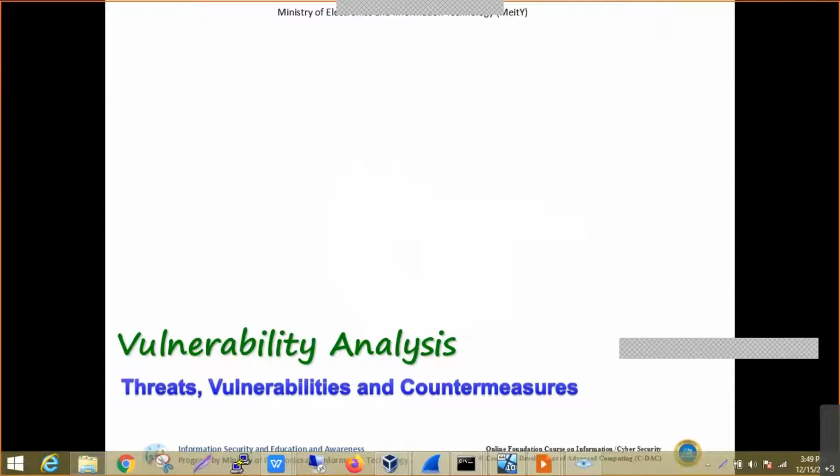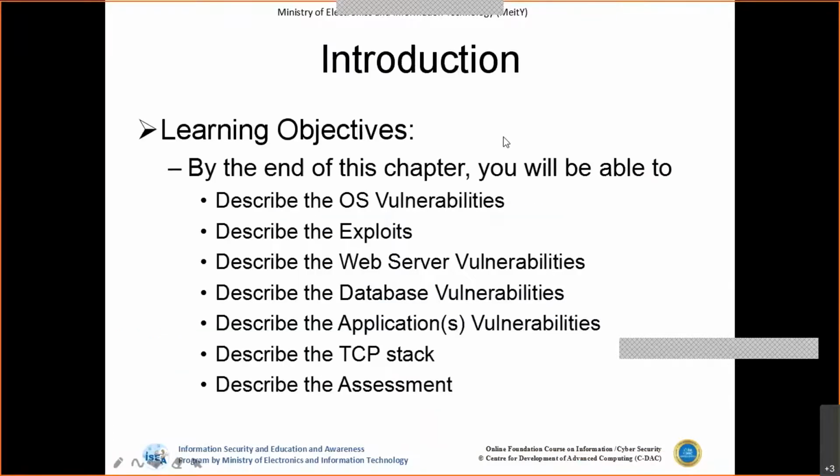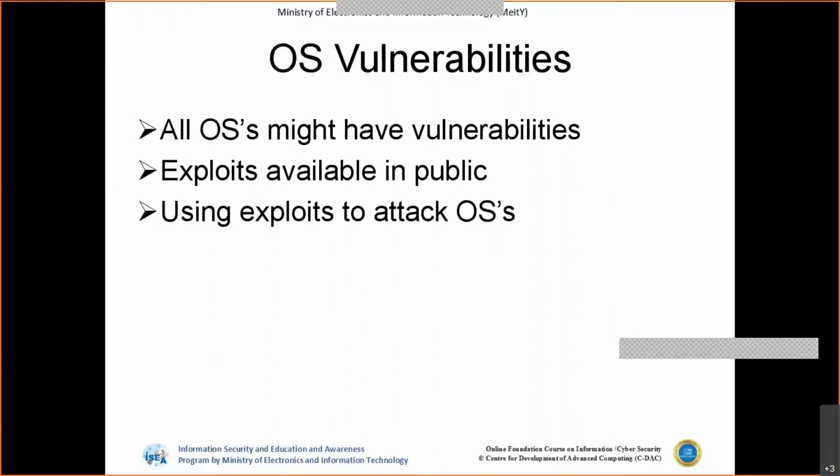So for this, we'll be doing the tool analysis, and for this demonstration we'll be using the Nessus tool. But first we'll see how this vulnerability analysis can be used, because every vulnerability is nothing but a security weakness or a loophole that exists. It may be in terms of the operating system, it may be in terms of an application. Whenever there is this kind of security weakness, it can be used to get into the system or to take advantage of that particular vulnerability.